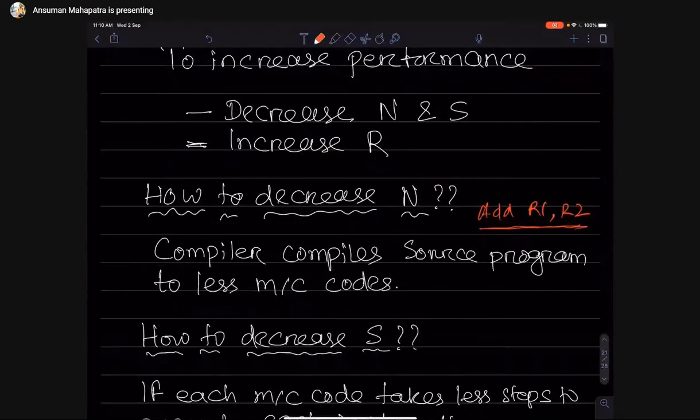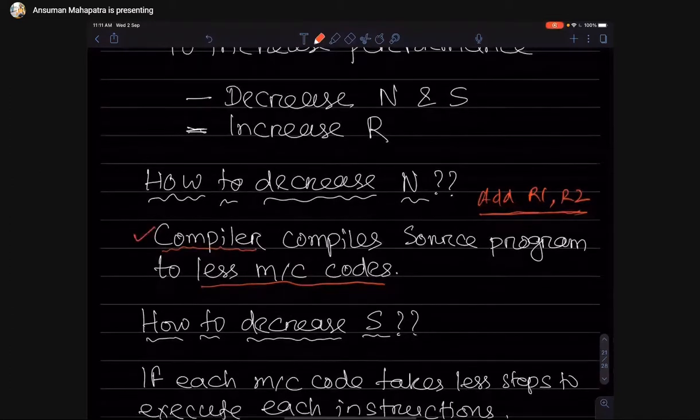So if we improve our compiler such that it generates fewer machine level codes, that is an option. How to decrease n? You do something in the compiler department so that the compiler will generate a smaller number of machine codes. So improve the compiler.